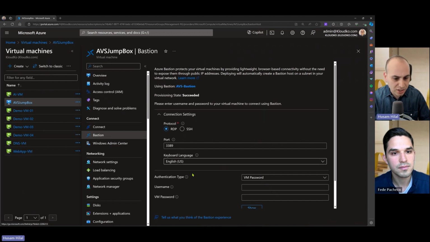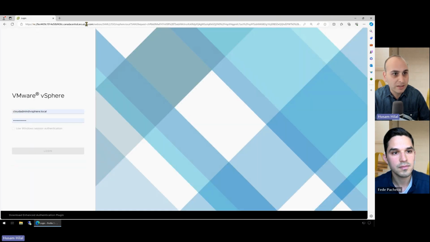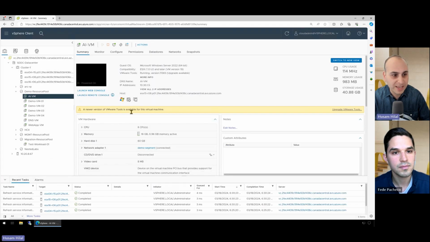I have already done the connection. So I'm going to go directly right now to the VM. And if I go to the browser in this jump box and click my favorite that has the vCenter URL, and I would just log in here, you will see the vCenter portal and all the VMs running inside of the VMware environment. Again, very similar to what people are used to when they run VMware on premises, but this time it's a managed service running in the cloud.